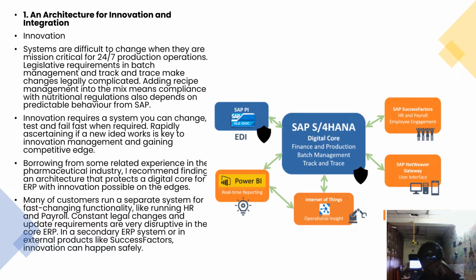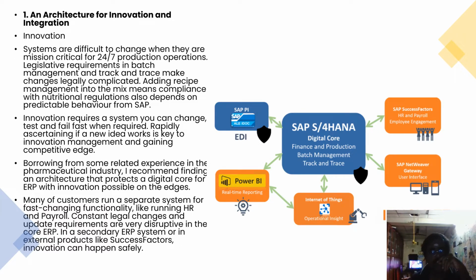Adding recipe management into the mix means compliance with nutritional regulations also depends on predictable behavior from SAP. And then innovation requires a system so that you can change, test, and fail fast when required. Rapidly ascertaining if a new idea works is key to innovation management and gaining competitive edge. And then borrowing from some related experience in the pharmaceutical industry,